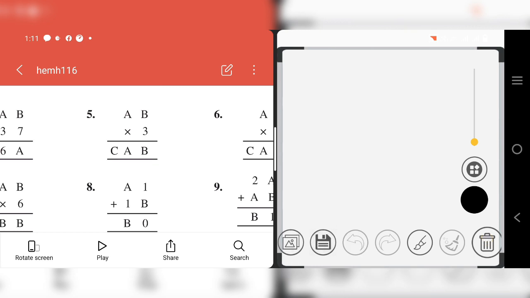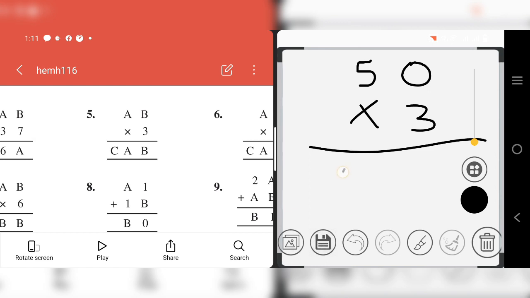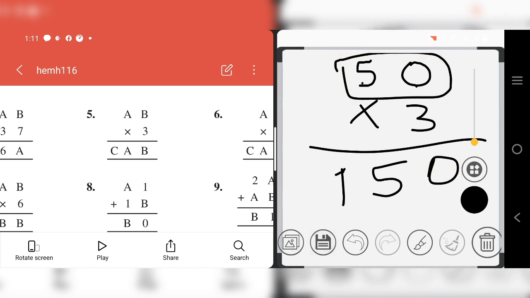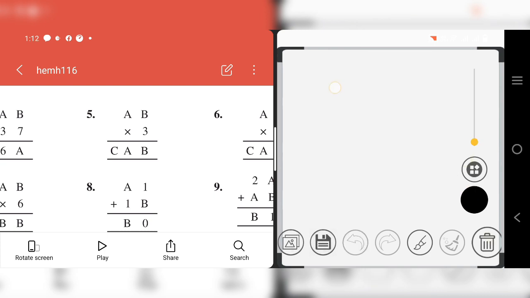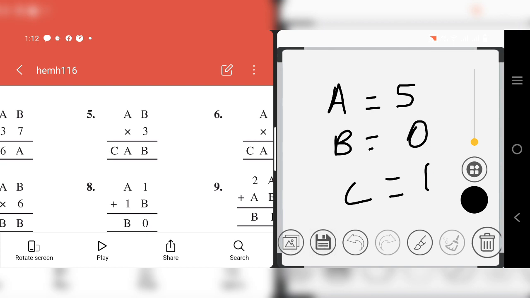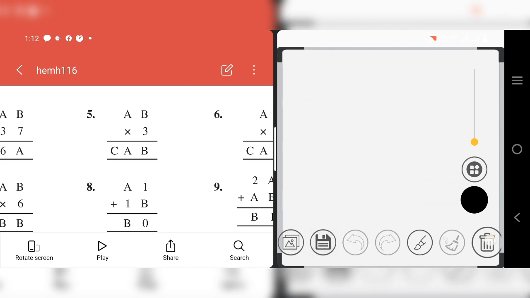So it is so easy. Let's take the value of A as 5 and B as 0, and 3 as it is. 53 is 150. So here the question also has AB, and in the answer also we got AB. So we have found the answer: the value of A is 5, the value of B is 0, and the value of C is 1. So we have found. Okay, next,